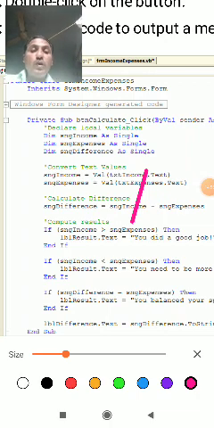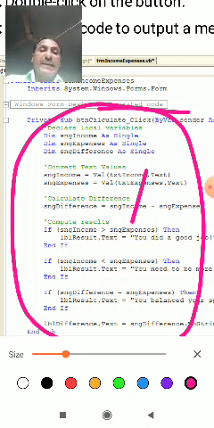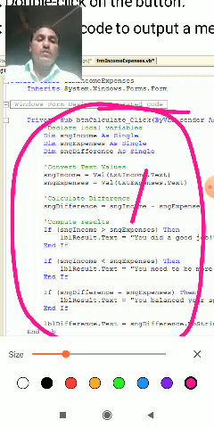This is the code window with the given program. Private Sub button calculate click, ByVal sender.